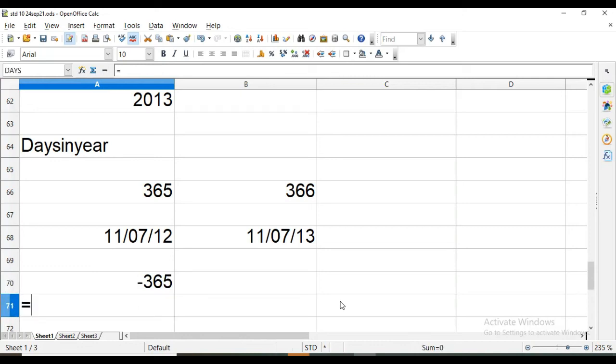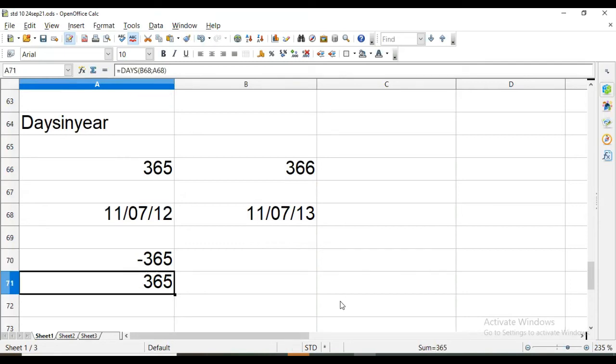The same we can do like this also. We can take this date as the first argument and this as the second argument. So we are getting 365 days, since we have taken two same dates in different years.